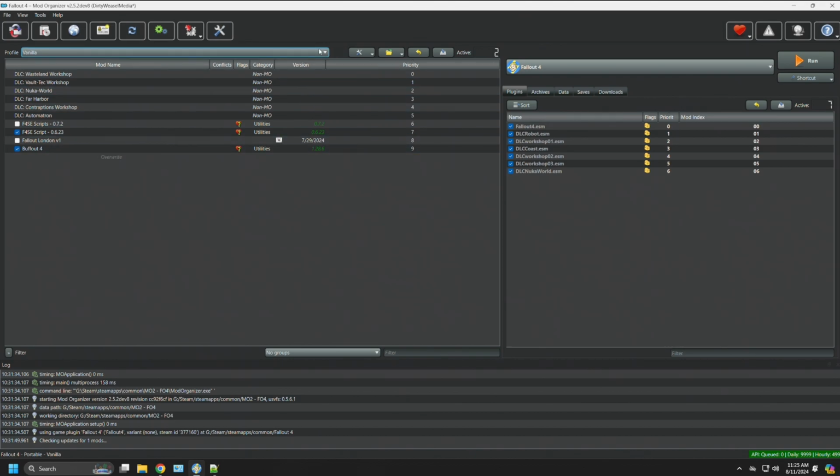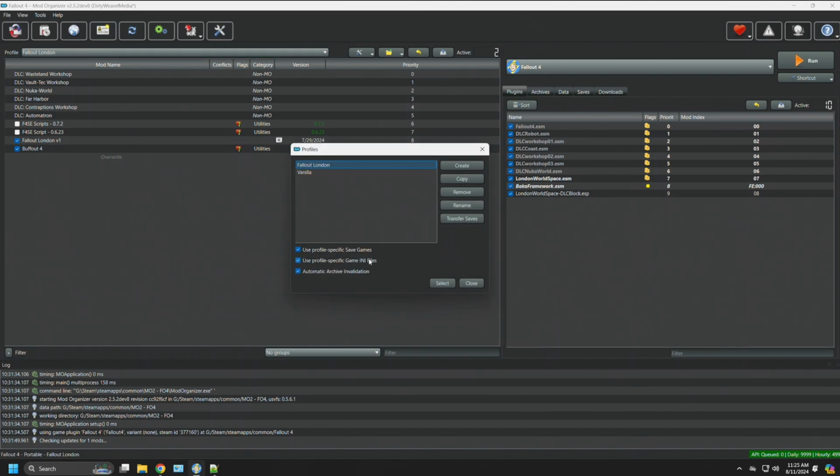Now, when we change profiles, we'll be going to Fallout London. And you can see now I don't need the scripts for 06.23 because Fallout London has them installed. I also have Buffout 4, which I found did help with some bugs that I added to this profile and for this mod list. As we set up Mod Organizer 2 to handle London before, we are using profile-specific ini